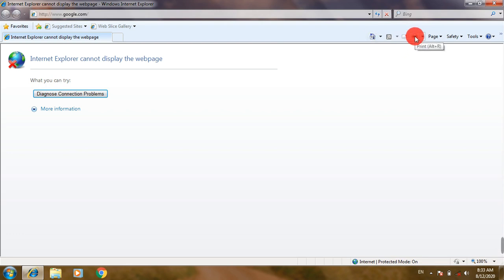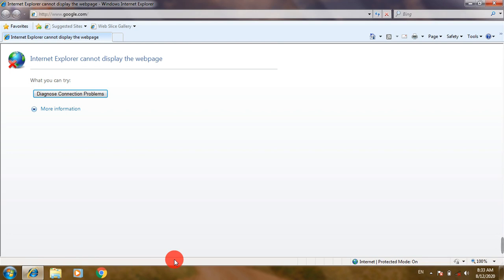This is your print button to print the web page. This is your favorites button, meaning whatever websites or feeds you have already saved. This one is your back button, this is your forward button, and this is the status bar of Internet Explorer.